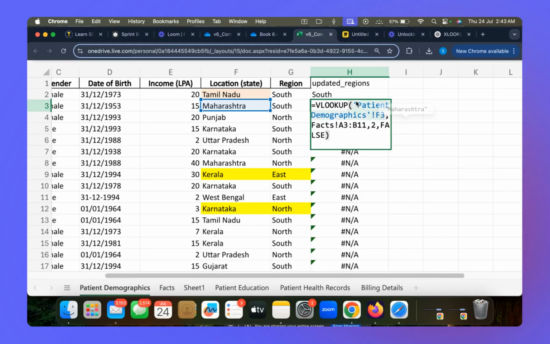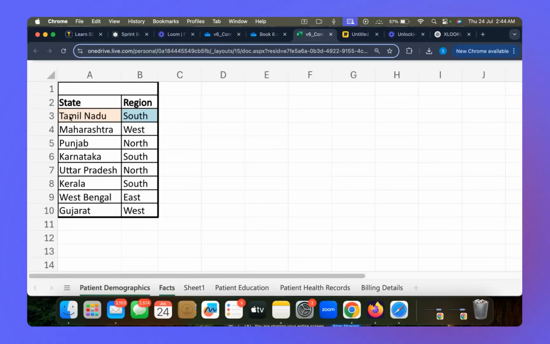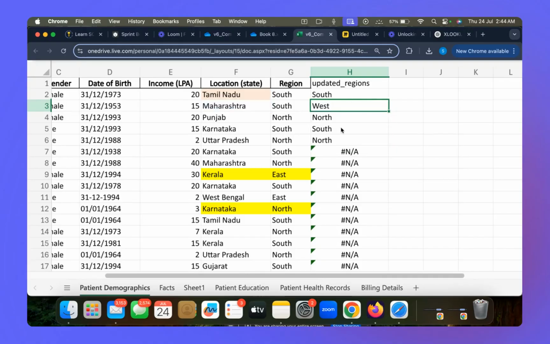How? Obviously, earlier I was looking for Tamil Nadu in this cell. Now that I moved next, I'm not looking for Tamil Nadu anymore. My F2 cell has changed to F3. And you see my reference is no longer A2 to B10, which I fixed. It has shifted to A3 to B11 till here. And that is why with every next cell, my reference is shifting more and more downwards. And that is the reason why my reference shifted from A2 to B10 to A7 to B15, right here.